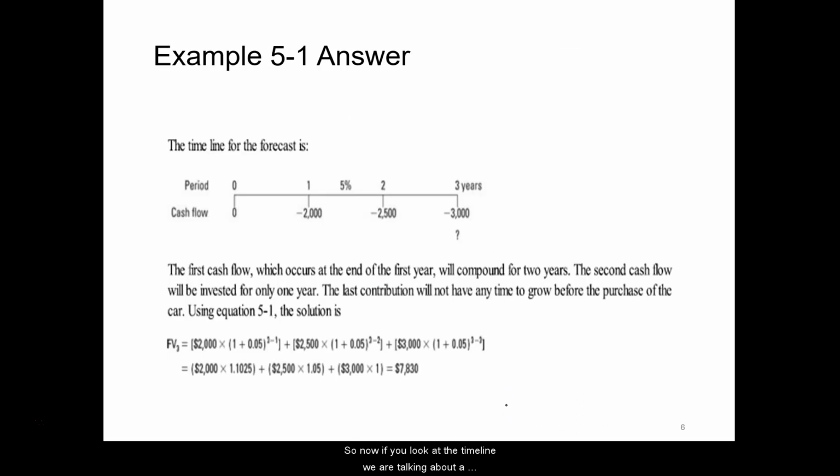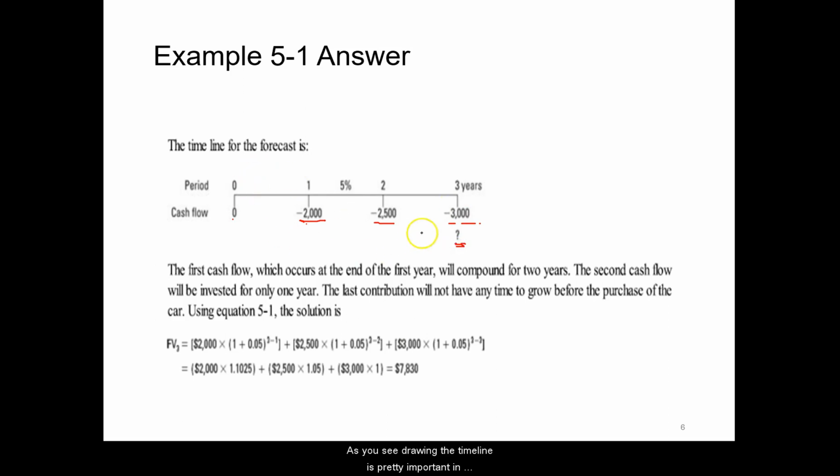So now if you look at the timeline, we are talking about a total of 3 years. So now you are here as a freshman. Next summer, or say the first summer, you're going to make $2,000. You're going to save and invest the money. And then second summer, this much. Third summer, this much. And you want to put all this money together and use the money to buy the car. So if you want to buy the car for your senior year, that would be the end of year 3, or say your third summer, right? So we stop here and try to find out how much is the total future value at the end of year 3.